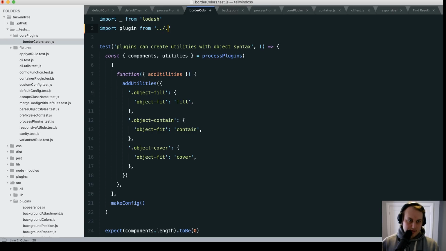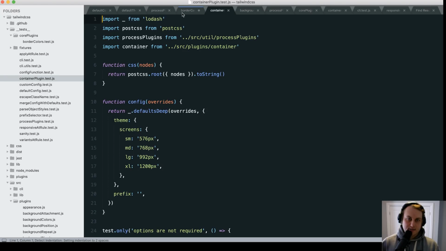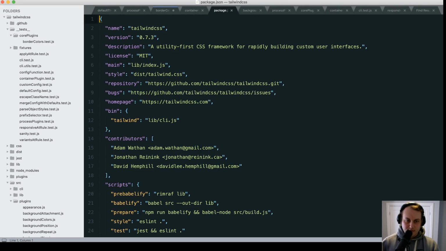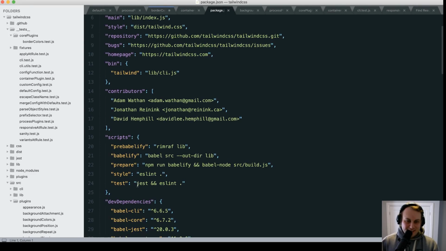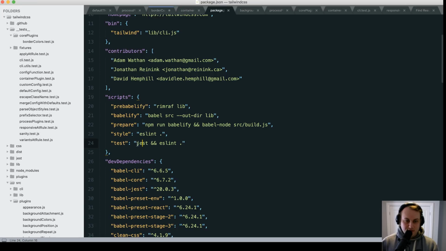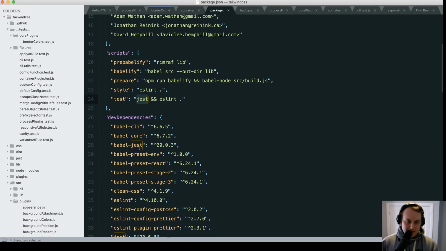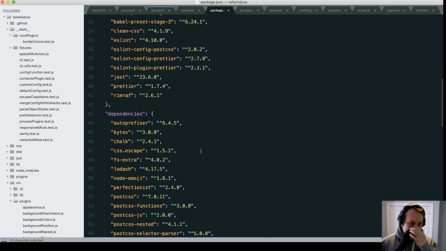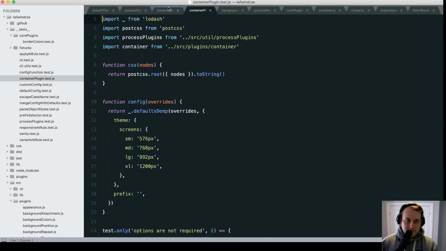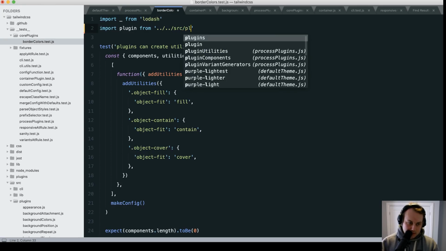this is tests, this is root. One thing I can't remember is if I'm importing from source or not. Yeah, because the tests are getting Babelified somehow. I have no idea how any of this stuff works, by the way. I think David Hemphill helped me set it up originally. How does test know to use the Babelified versions of the code? I literally have no idea why that works, because it certainly doesn't look like it's calling Babel. Is it because there's a Babel Jest plugin and that automatically works, I guess? Seems fine. All right, so we'll get source, plugins,